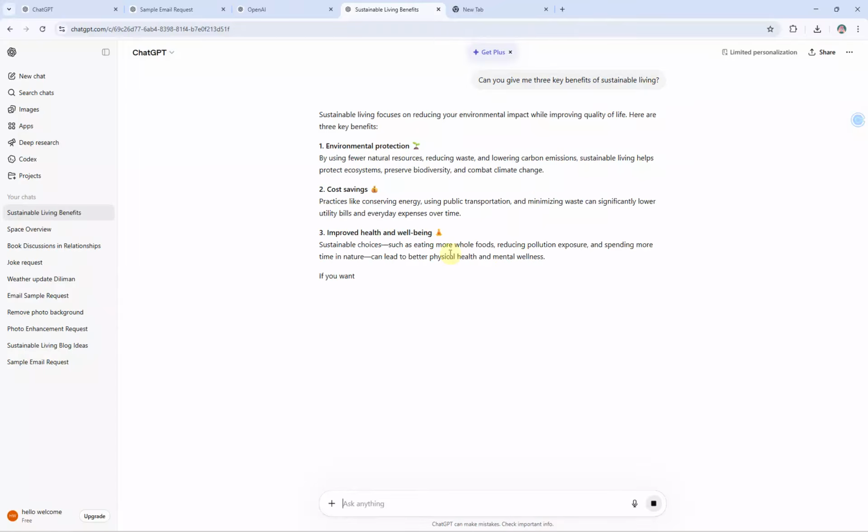If the initial response isn't quite what you were looking for, you can try rephrasing your prompt or asking follow-up questions. For example, can you give me 3 key benefits of sustainable living? Use the AI's responses as a foundation and feel free to edit and tweak the content to fit your style